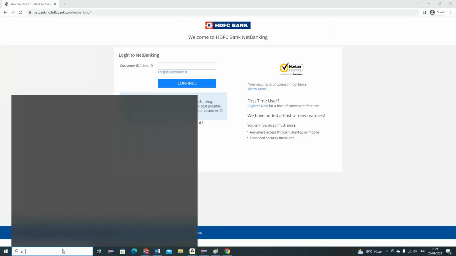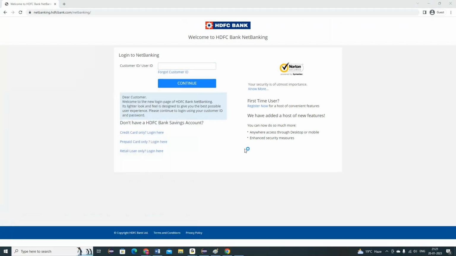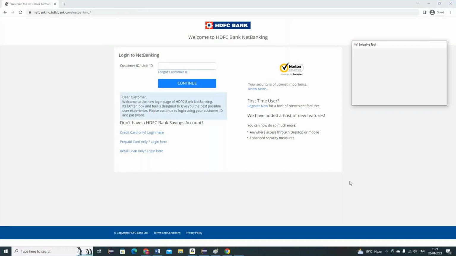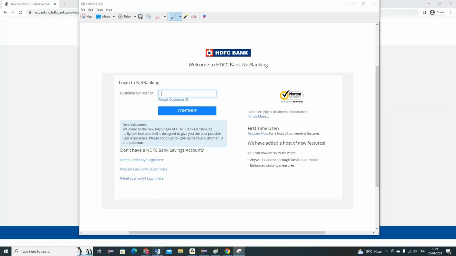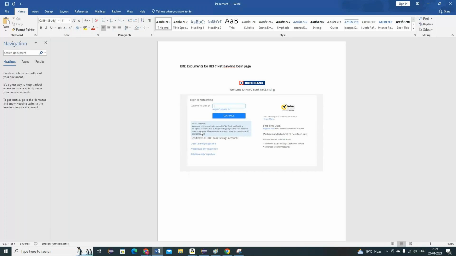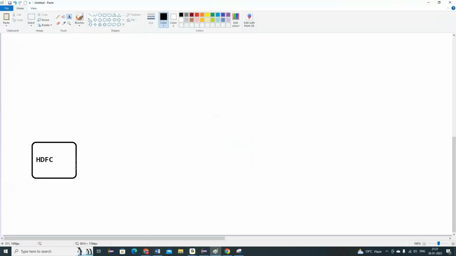Let me make a BRD document. Actually, it's very simple. It looks like this. So HDFC people are having this kind of document. They told that at the initial phase, HDFC people